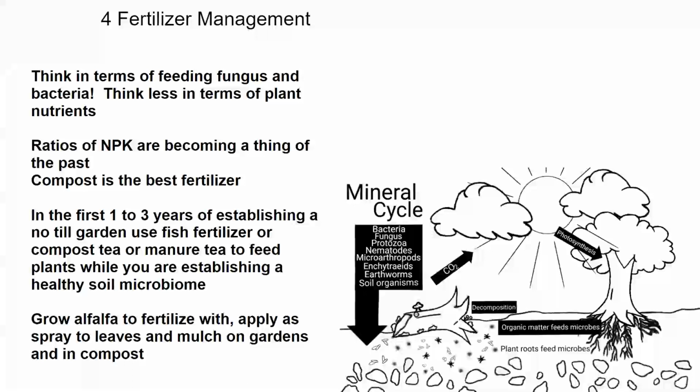It doesn't really kill the microbes. It's just that your beneficial microbes don't need to grow if you're putting a lot of nitrogen in that soil, because the plants are just using up that nitrogen. So they're not feeding the microbes that make the nitrogen. The plants won't feed those microbes because they don't need to. And so that's the relationship that we need to build in this 1 to 3 year or 1 to 5 year period of time, a relationship between the root exudates feeding those microbe colonies